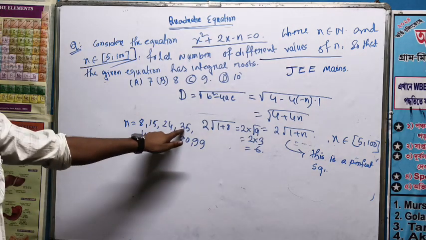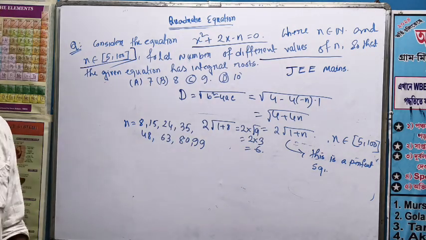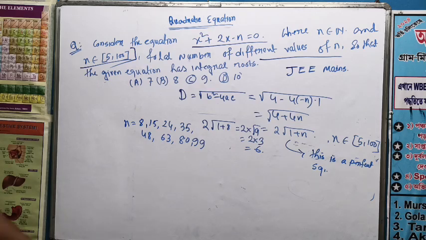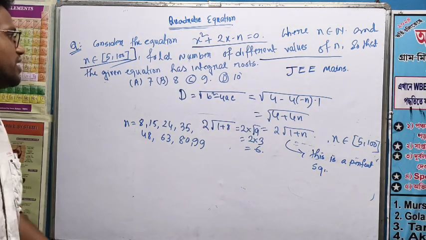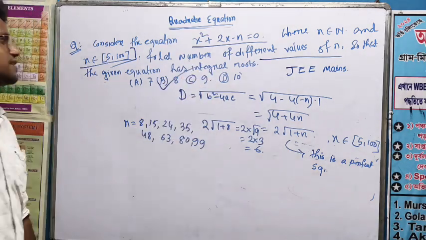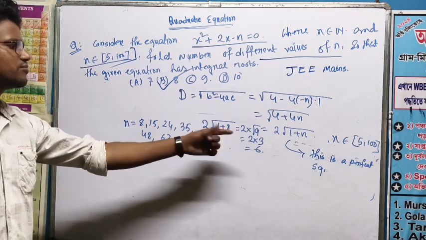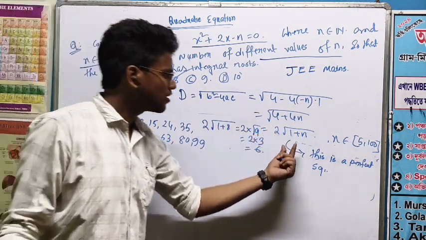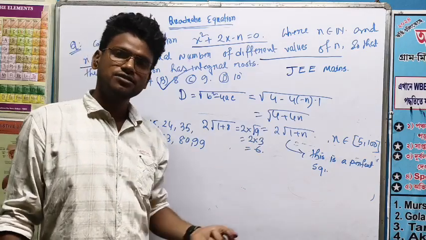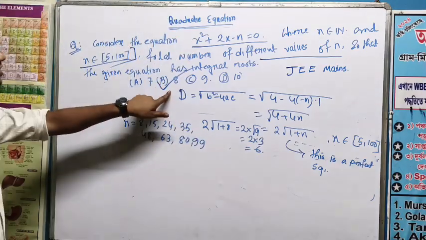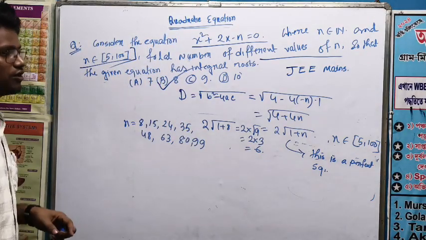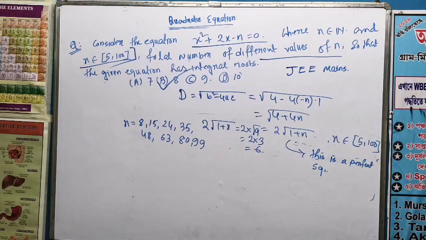Counting them, 1 2 3 4 5 6 7 8. So the number of choices of n is 8, and my answer is 8. If you put in these values of n, you will get all roots as integer roots. Hope you understand this. So next topic is